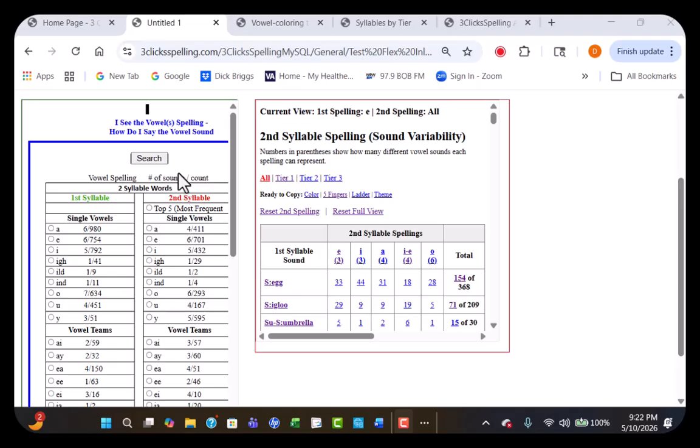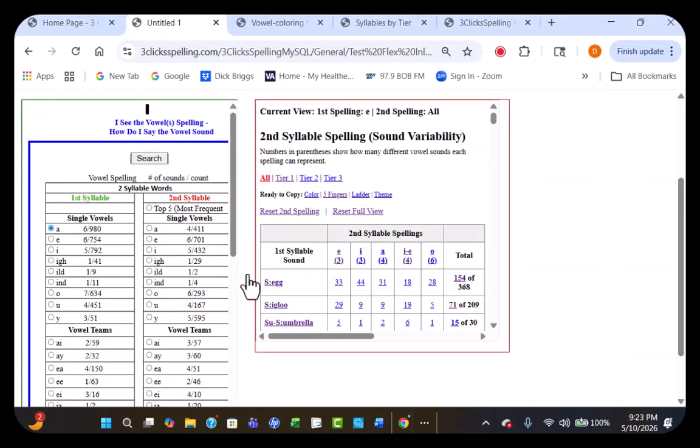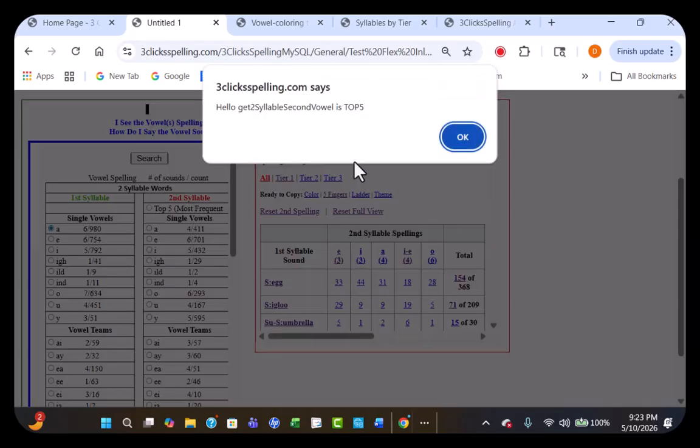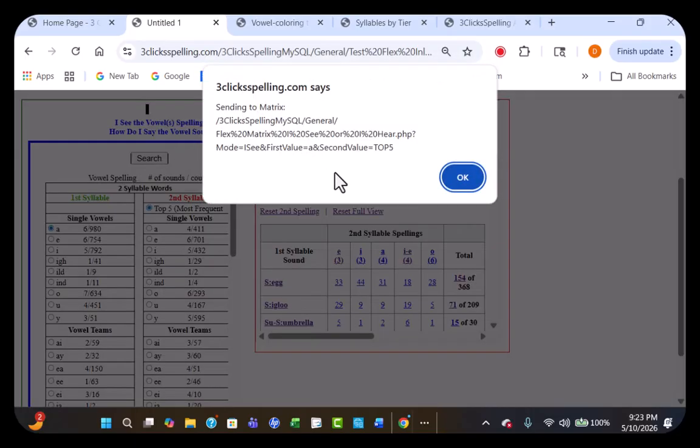How do I say the sound? So we are going to select A as I see the first syllable. This is a test to show what I'm passing. In the second syllable, we're going to pick the top 5. So again, it will be confirmed. And we're going to do a search. So this is the value that I'm passing